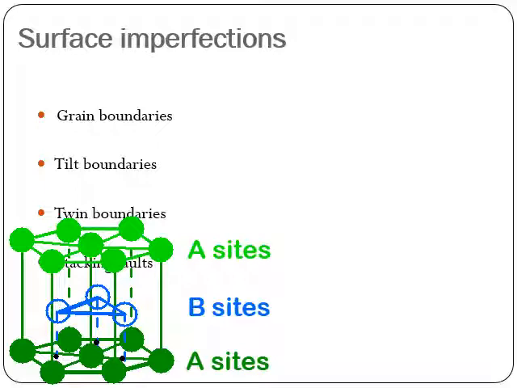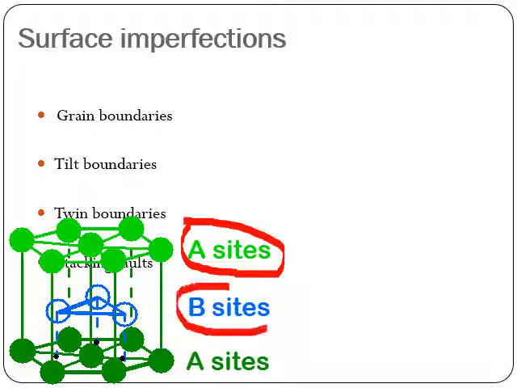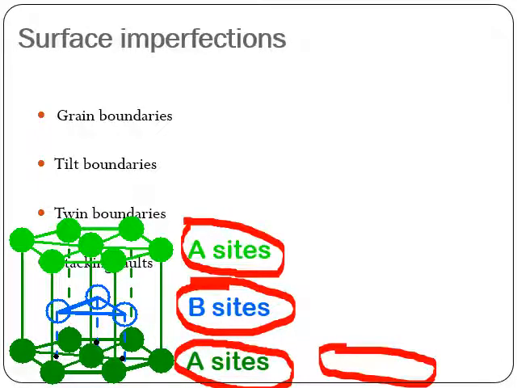If you take an HCP, which I already discussed, here you can see we have one book called A and one more book called B, and next again one book called A and one book called B. In the A book we have six atoms and one atom at the center, and in the B book we have three atoms, and again in the A we have six, again in the B we have three, like that.